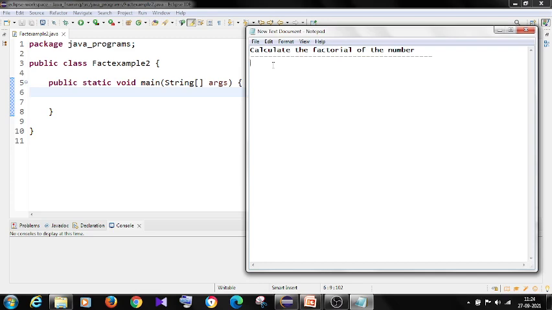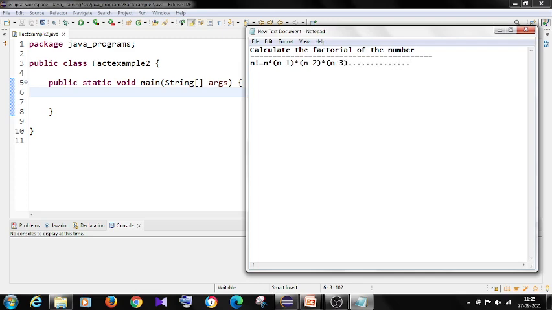The formula is n factorial is equal to n into n minus 1 into n minus 2 into n minus 3 and so on.